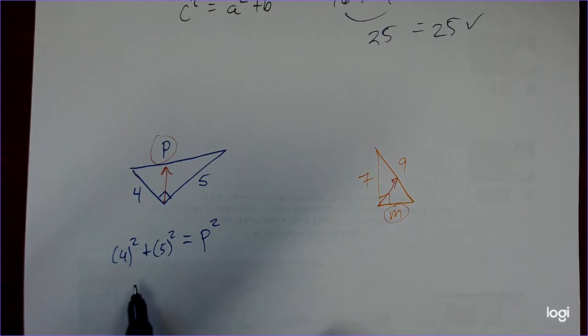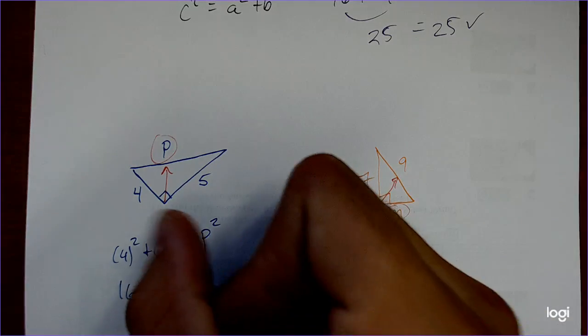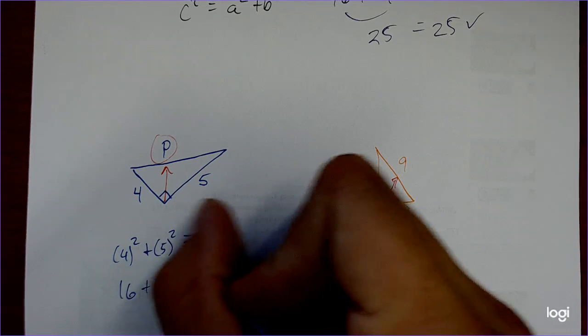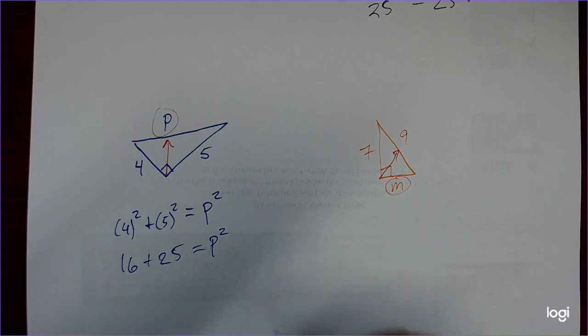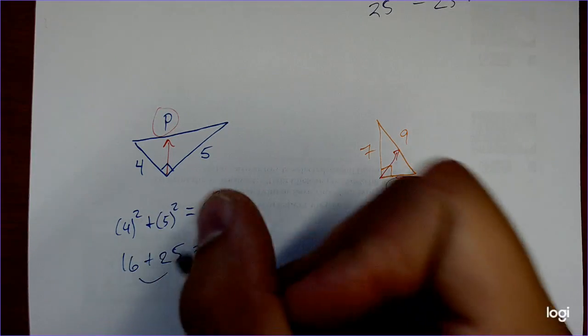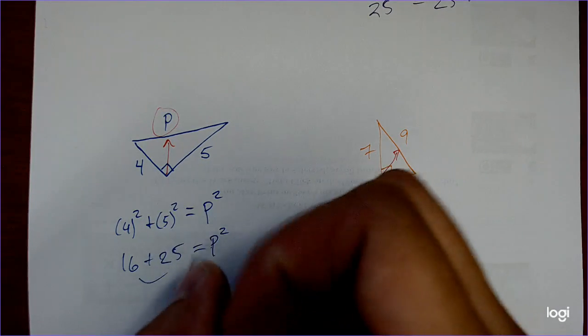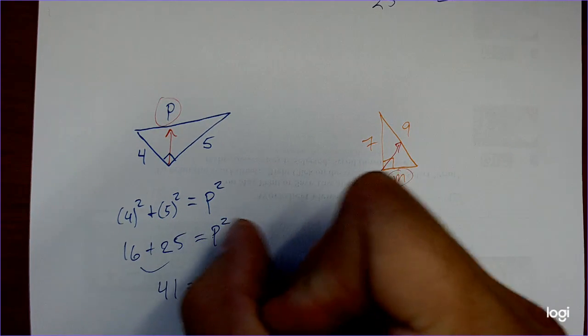So now I just do 4 squared. Well, that's 16, plus 5 squared. That's 25. So 16 plus 25 equals p squared. This counts as the rewriting step of an equation. 16 plus 25, well, that's 41. So now I have 41 equals